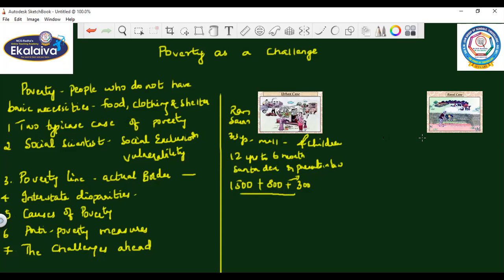Now we'll move on to the rural case, children. Lakha Singh. Now, what is Lakha Singh doing? Lakha Singh was a person who was working in others' land as he did not have his own land. His wife also was working in the same field. His father passed away 2 years back because he was a TB patient, and Lakha Singh could not afford to give him good medication as he had no money. His mother was also facing the same thing, and she was very ill. On the whole, Lakha Singh had 8 members in his family.